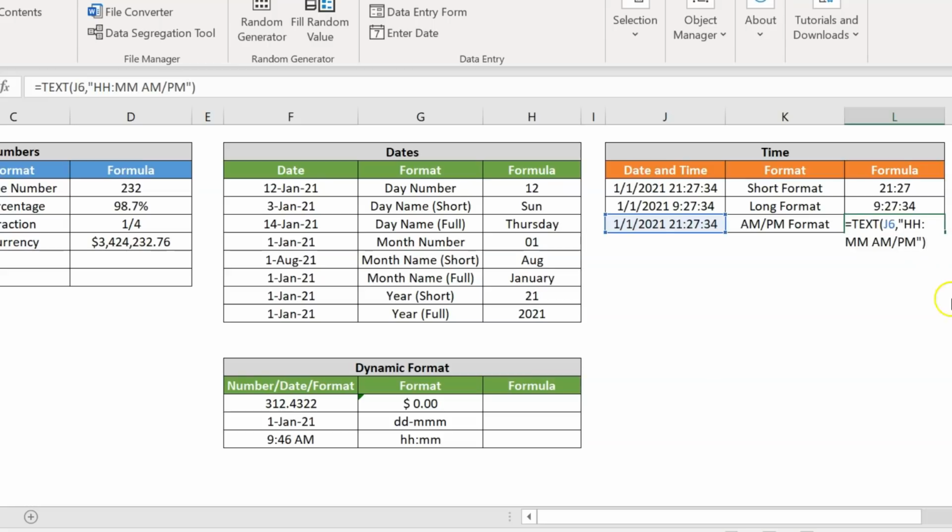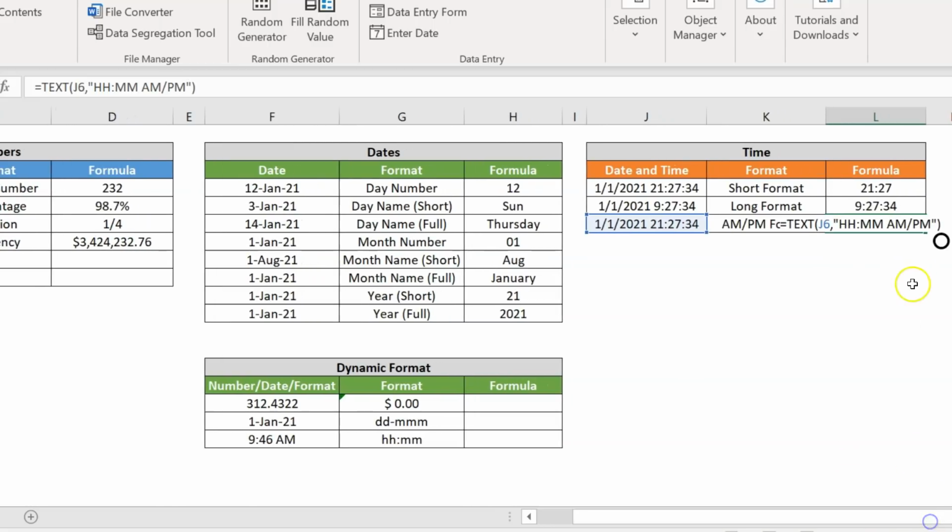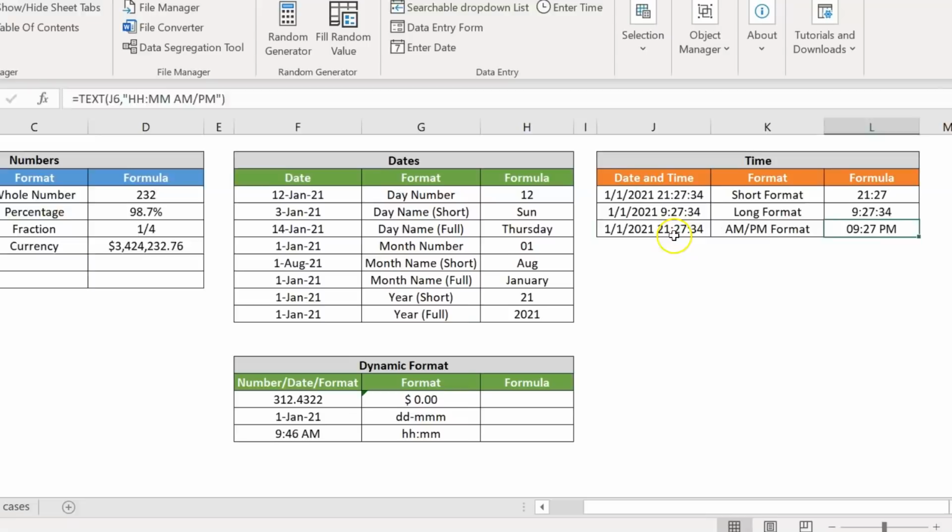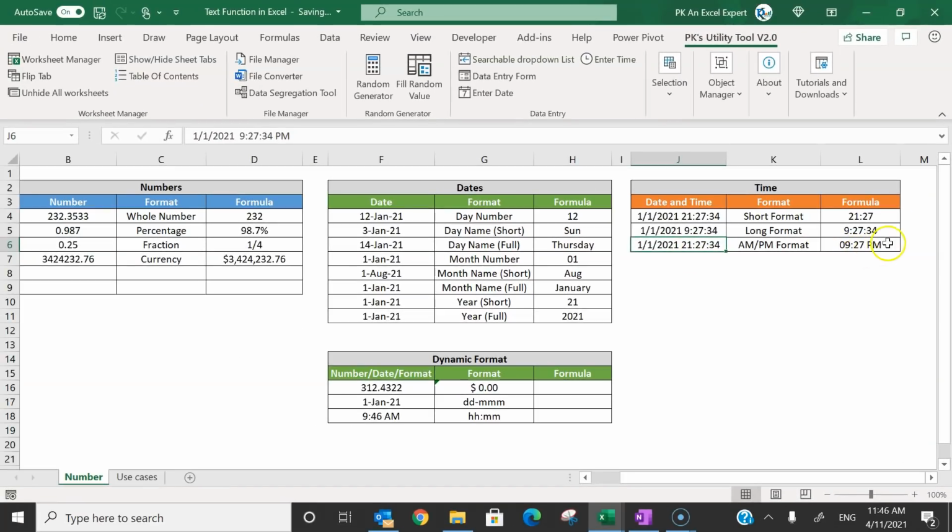So let me show you again. We have taken this HH colon MM space AM slash PM and just press enter. So here you can see it is showing the AM and PM also. It is not showing the 21 this time. It is showing the PM. Since we are putting the format in inverted commas, you can take this from a cell reference also, so that your function will be dynamic.